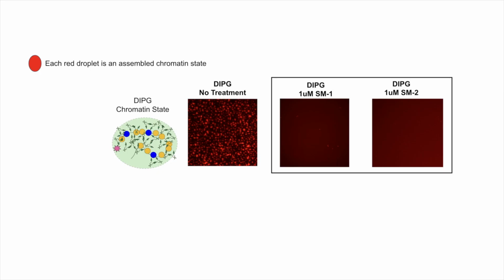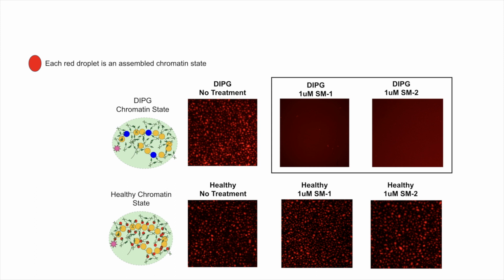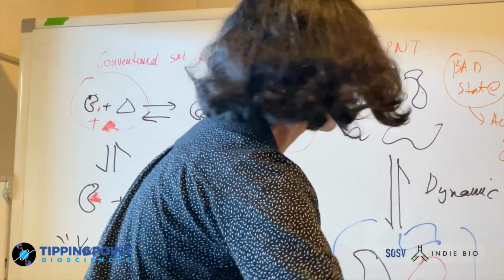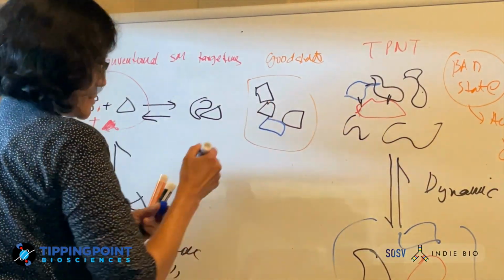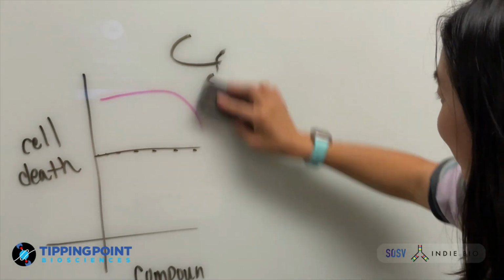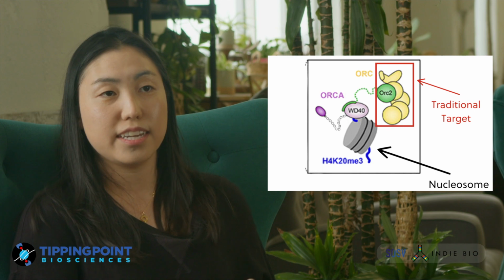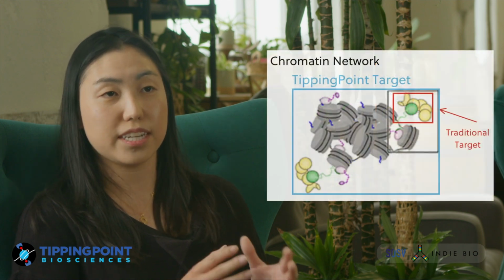Our platform is working. We are identifying an entirely new class of molecules that work in a different way. And our initial hits are showing efficacy in patient cells without being toxic. We're taking a really different approach at how we're doing drug discovery. I want you to take out all the assumptions for target-based drug discovery. Because we know that it's chromatin networks that are really causing the disease, we need to redefine what the target is. And the target is a chromatin network.